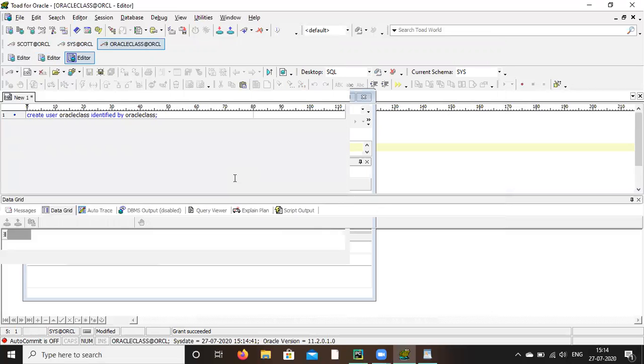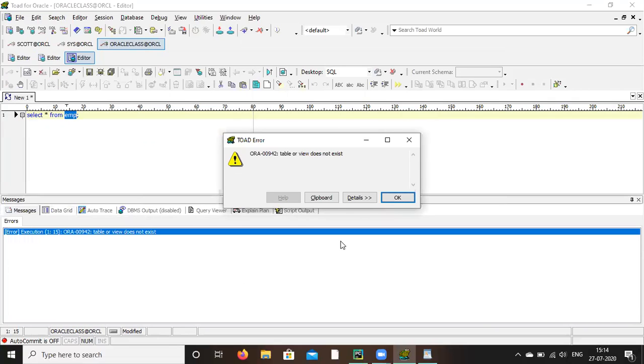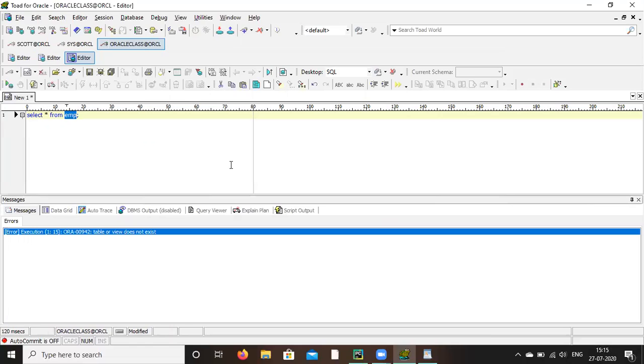Select star from EMP. Semicolon. Control enter. Table does not exist. Okay. Anyhow, yes, the table is not there. So now let's create one table here.